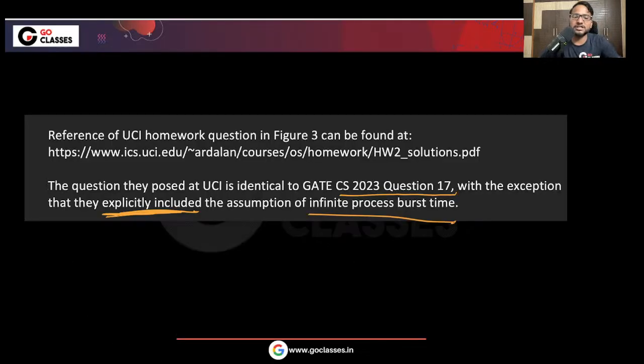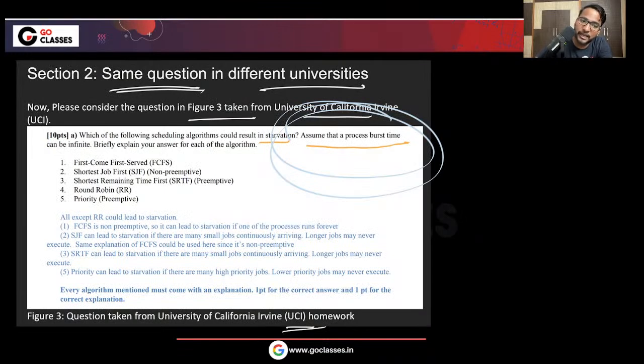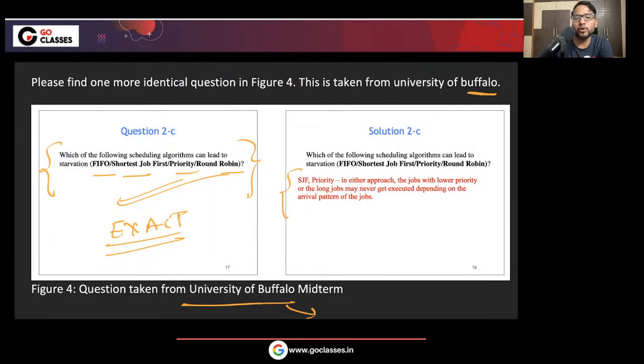Now just a final conclusion, which is this: if you mention it explicitly, then give me FCFS as the answer. I don't have any problem. But if you are not mentioning it explicitly, then do not give me FCFS as the answer. But since it is up to the student whether they understand the problem and with what mindset, we don't know. So that is why we are saying that the answer should be both of them, right? Include FCFS, do not include FCFS. So that should be the answer. This is what we are saying.